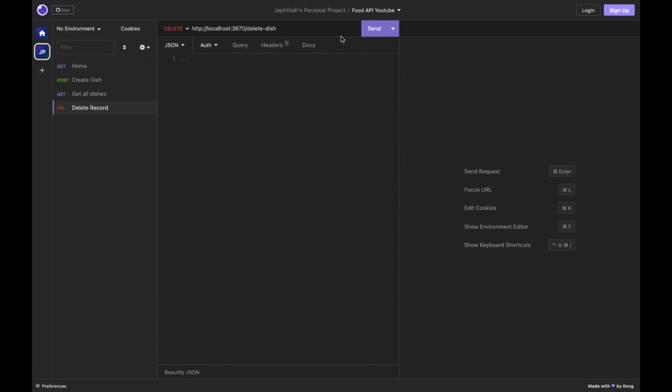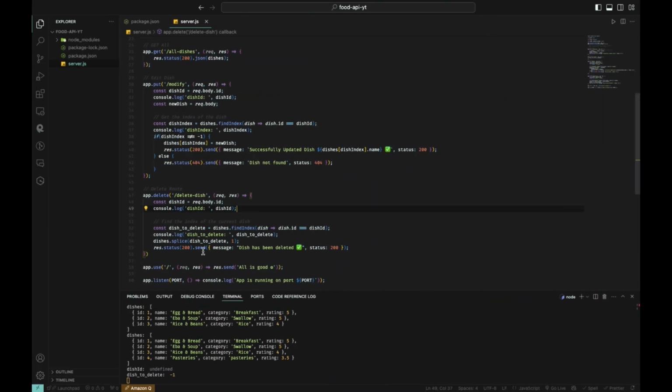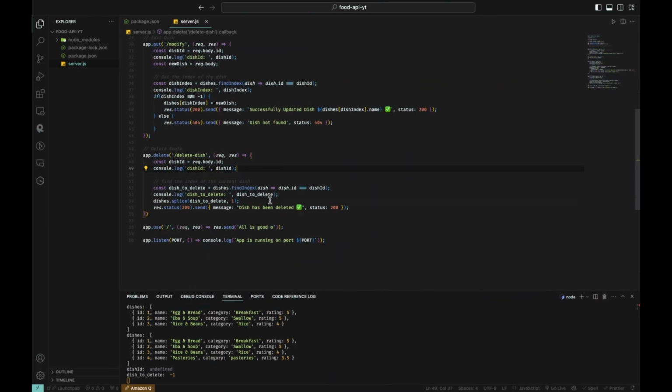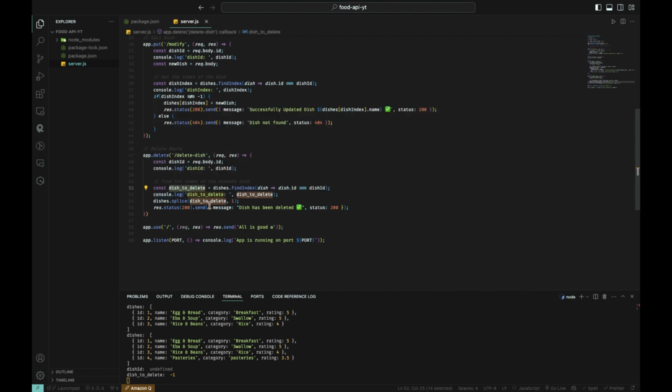And let's see what happens first of all. Dish has been deleted, but dish has been deleted. See, because there's no error handling here. So dish to delete, find index, and next thing to log dish deleted. And so